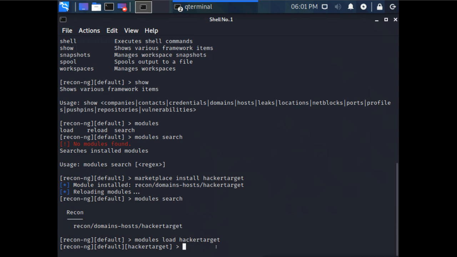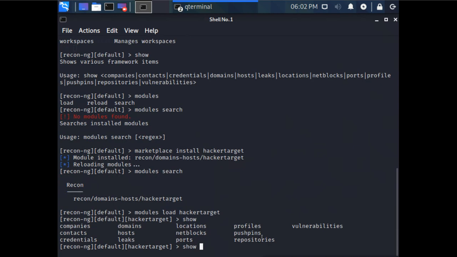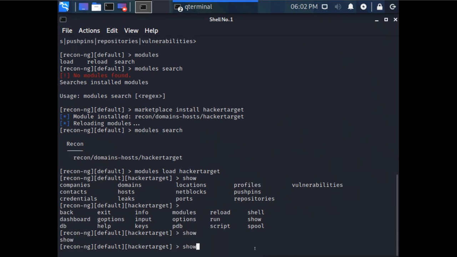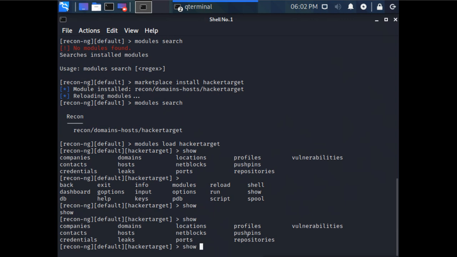Now here in the module you can check, you can list, show the domains.